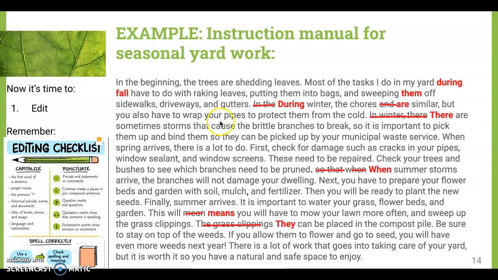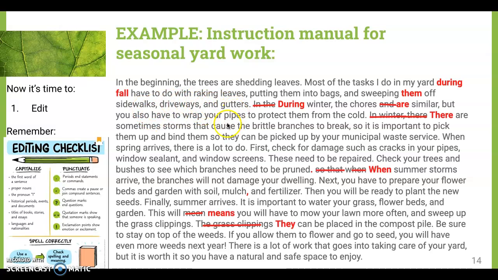Then I said, in the beginning, the trees are shedding leaves. Most of the tasks I do in my yard during fall, which I added during fall because it made more sense, I didn't say what the season was, have to do with raking leaves, putting them into bags, and sweeping them. I forgot to say what we're sweeping. We're sweeping leaves off sidewalks,